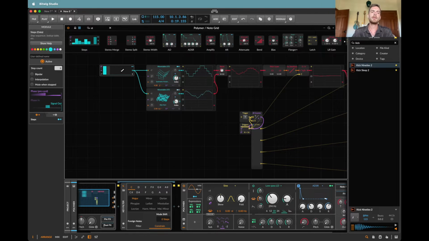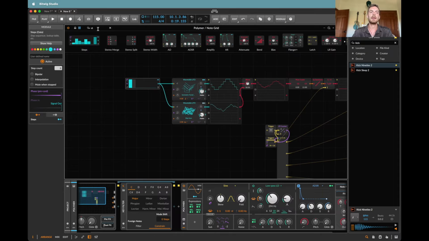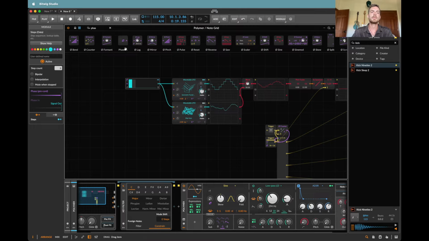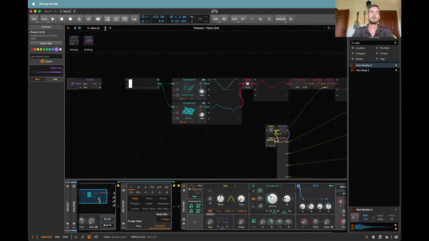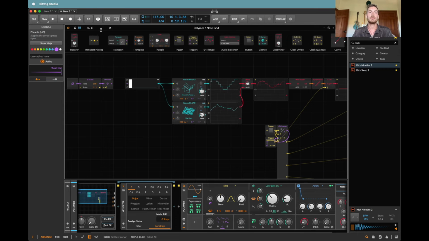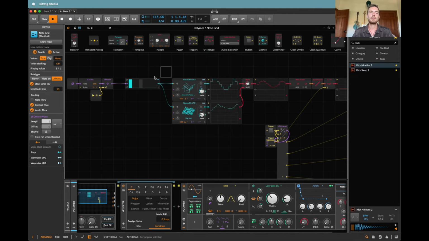But we might want to be able to change the actual speed that this is happening. So let's also just take the phase in module, and we're going to turn off the phase pre-chord so that we can control it. I'm going to take the phase scaler, and I'm going to take a phase reset, which will just reset the phase signal every time I press play. So let's take that transport playing, and we're going to use that as our signal to reset it. So now, if we have a look at what we have,